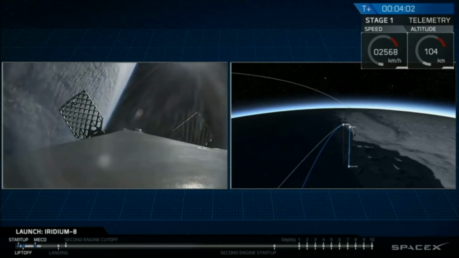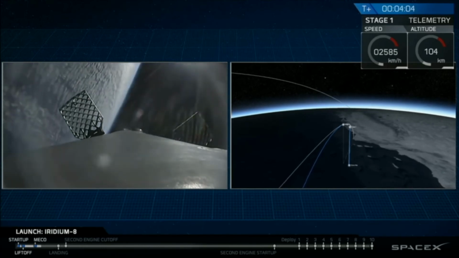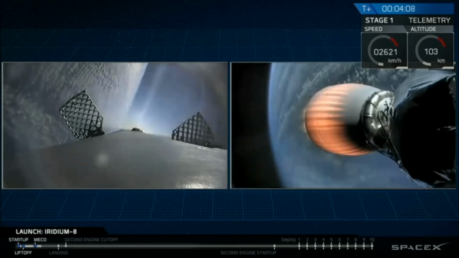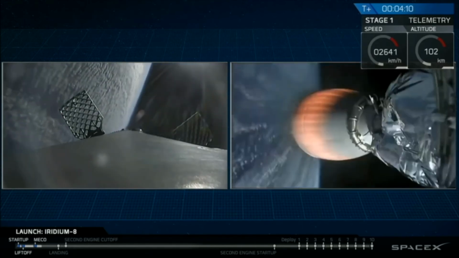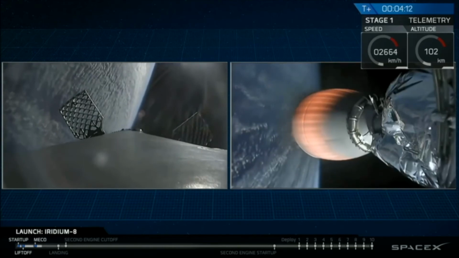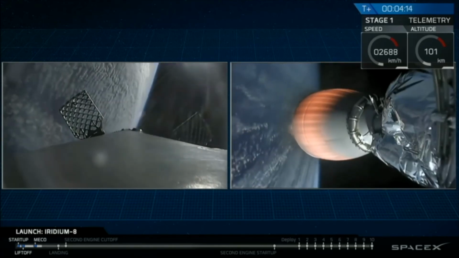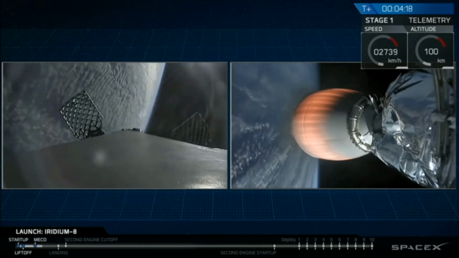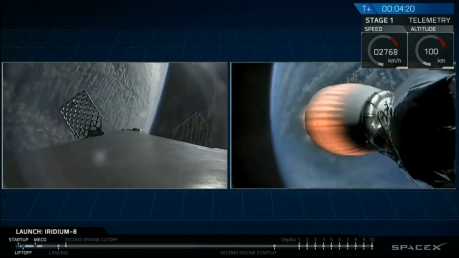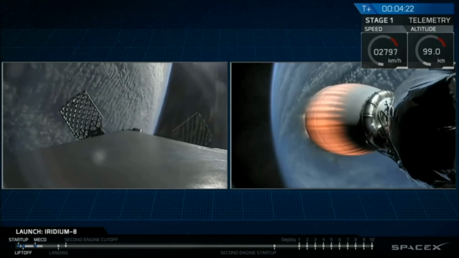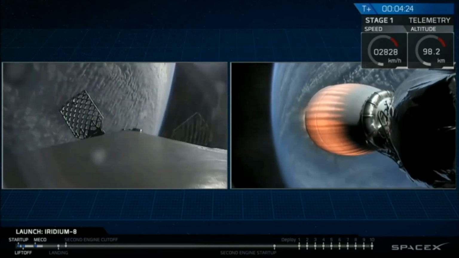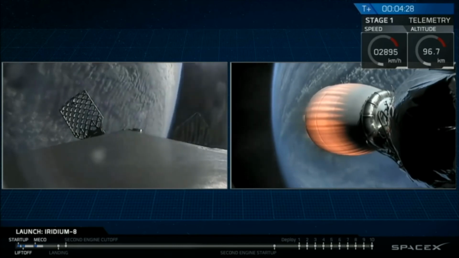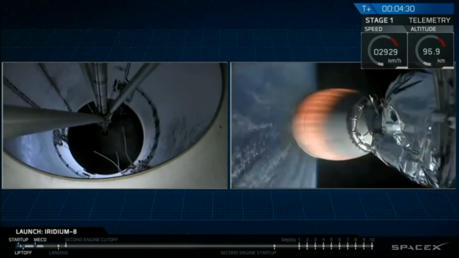We're coming up on 4 minutes into flight. In about a minute and a half, the first stage will initiate a quick re-entry burn to again slow the rocket down as it re-enters Earth's atmosphere. A minute later, we'll perform the final burn, the landing burn, which will decelerate the vehicle to a gentle landing atop our drone ship. Now, as a reminder, recovery is always a secondary objective to our primary goal of delivering our customers' satellites to orbit.